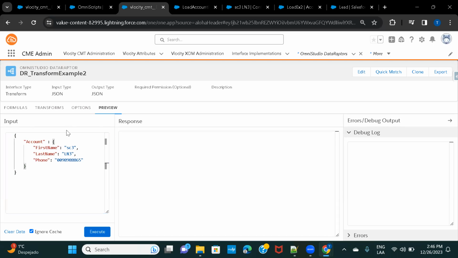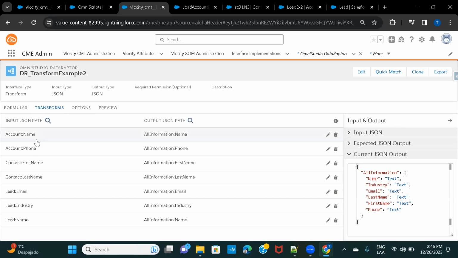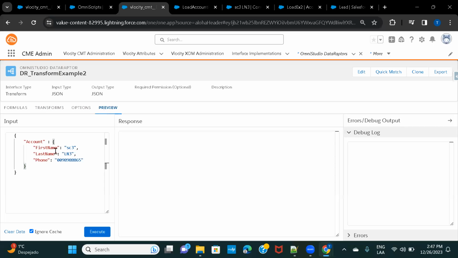And what do we have from account? Name and phone. So let me first copy this for contact. So here I just have name and phone. Name and phone, and account name, let's just give